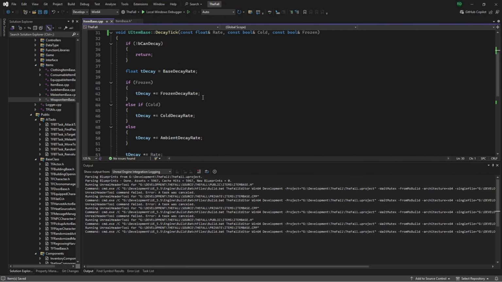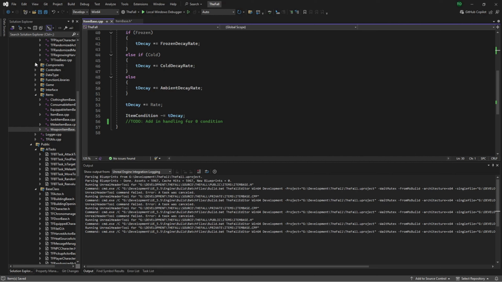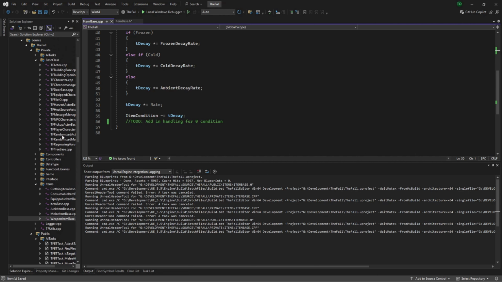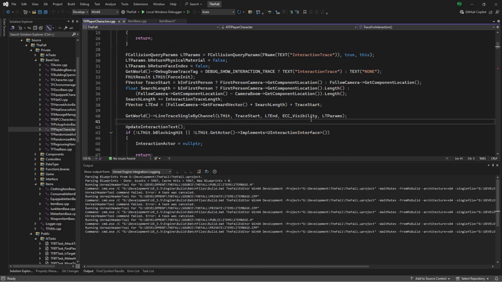Do I have anything open? No. And yes, I'm turning this into a bit of a lesson here. Player character, where are you? Okay, so in here,